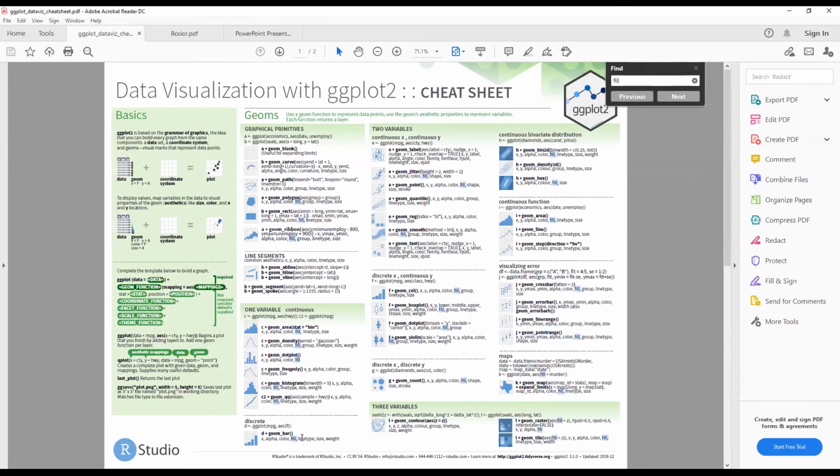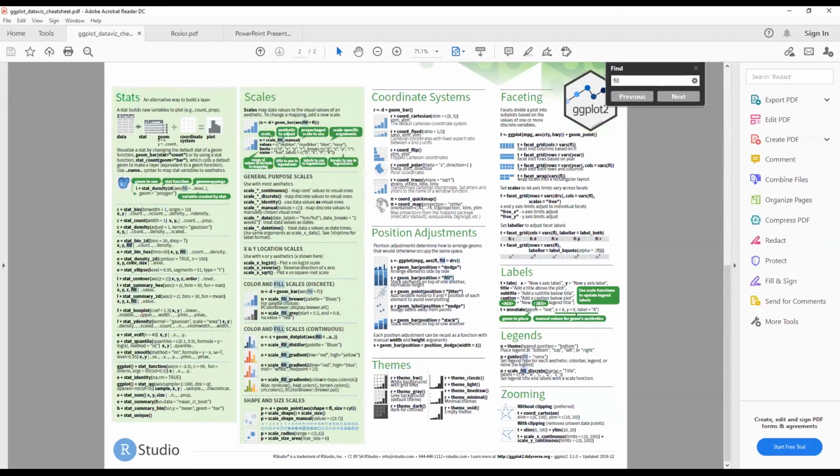Here. Well, bar is definitely here, and you can see in this cheat sheet geom bar for that function. Here are some of the arguments that you can include. You can include alpha, which is the transparency, color. You can change the fill, line type, size, and weight. The position I wanted to show you was this one right here.